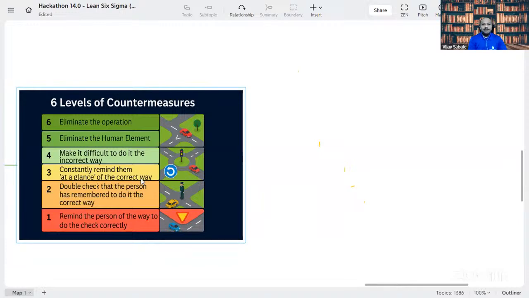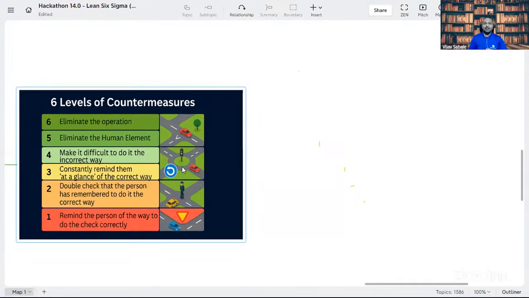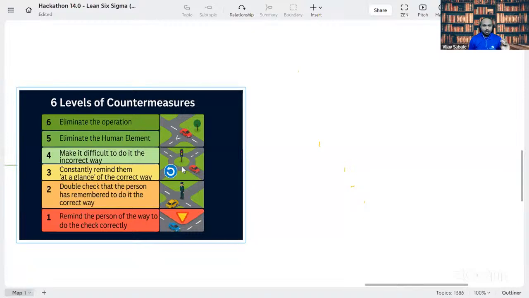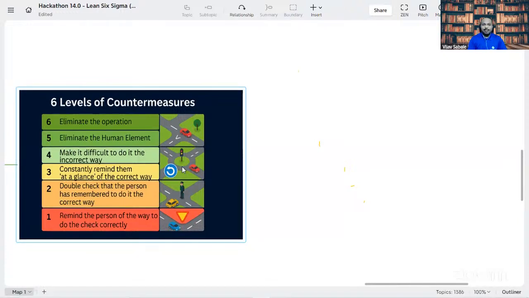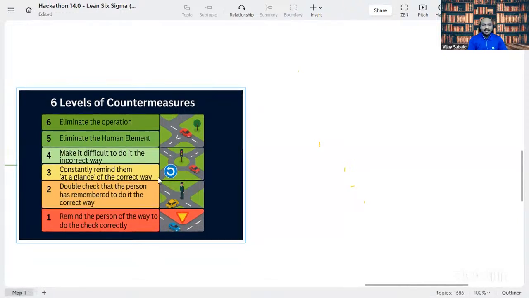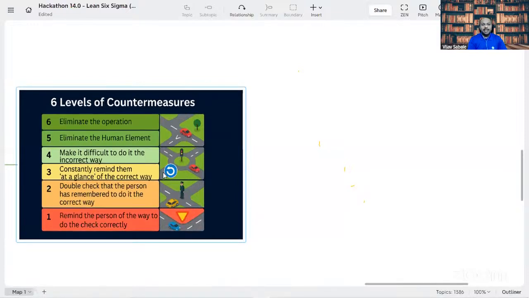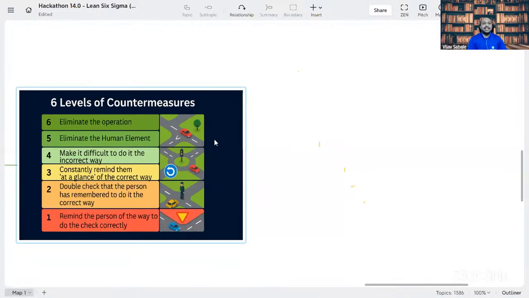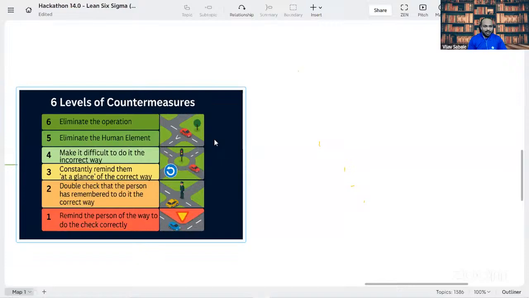Now for the third and fourth level, we can see there are traffic lights. That clearly indicates when there is red they need to wait or stop, or when they can go. So just by looking at the traffic signals, they can plan. You can also see there is this circle, a roundabout, so when they want to go, they can simply go through it. Thereby the possibility of an accident is reduced, not eliminated.